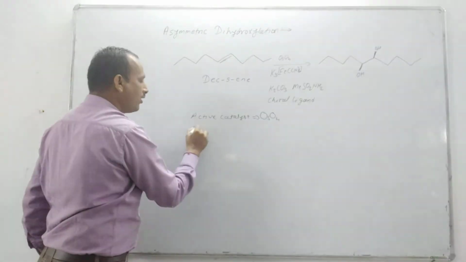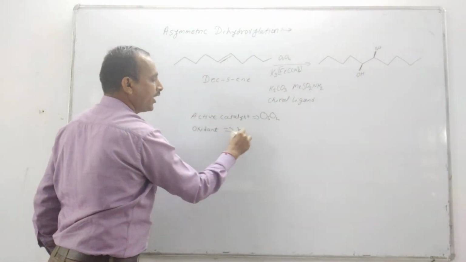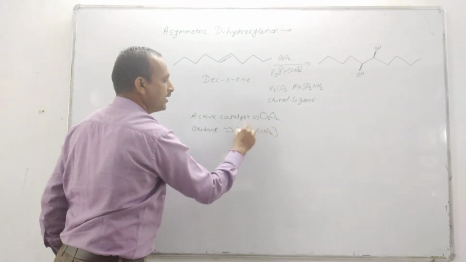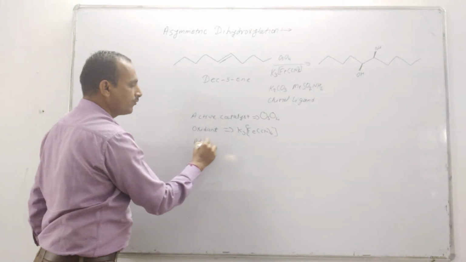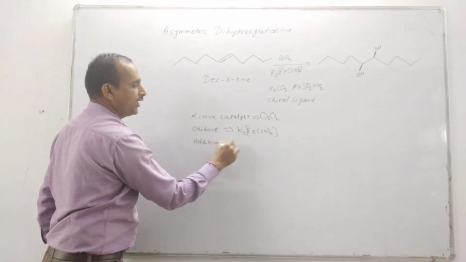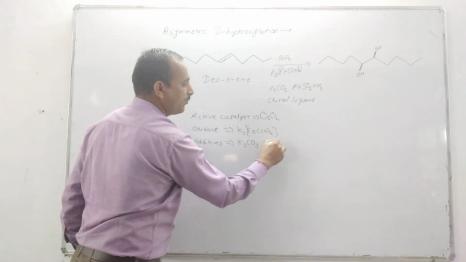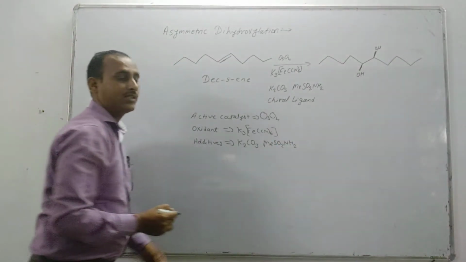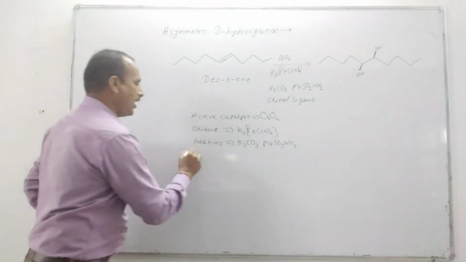Then the oxidant is K3Fe(CN)6. This is the oxidant. Then additives used for this reaction are K2CO3 and methyl sulfonamide,